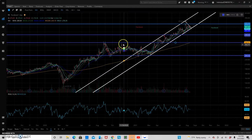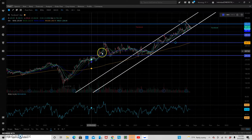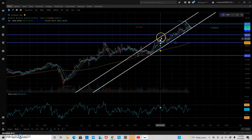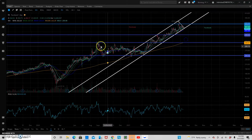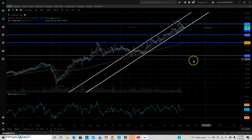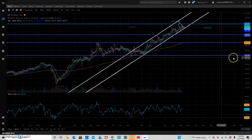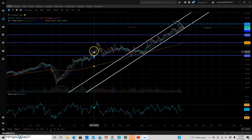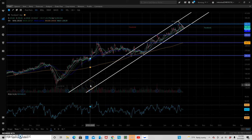It came back up, got rejected again, and then finally it was able to break through on that third attempt right here, and we have moved on to new highs. So that was the resistance point that it was stuck under, and it was trading in between this support at 250 here. That was very strong support. It held there for a while. You could see that it was consolidating right under there before breaking through on an earnings report, and that was